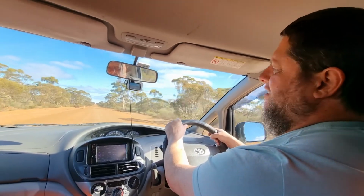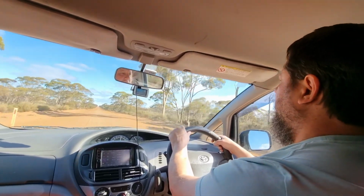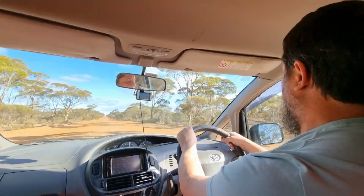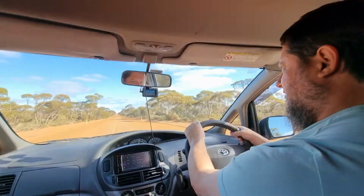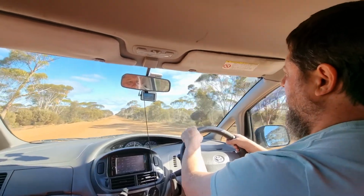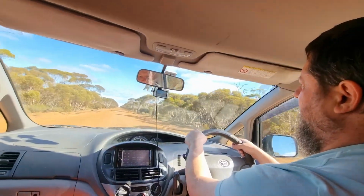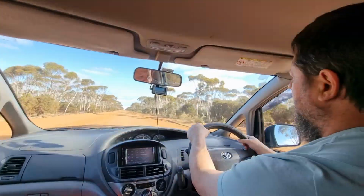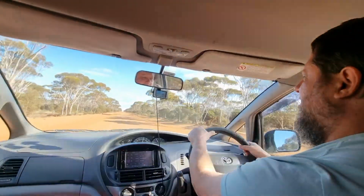It's extremely dusty in the summer. In the winter, with all this rain we've been having, it's not too bad right now. There's still a lot of dust behind us, but not much dust hanging in the air, as you can see. The windscreen's still pretty clean. We've gone past a couple of dry lake beds,